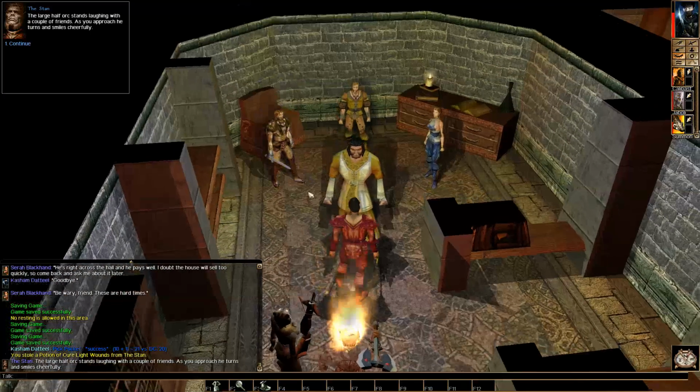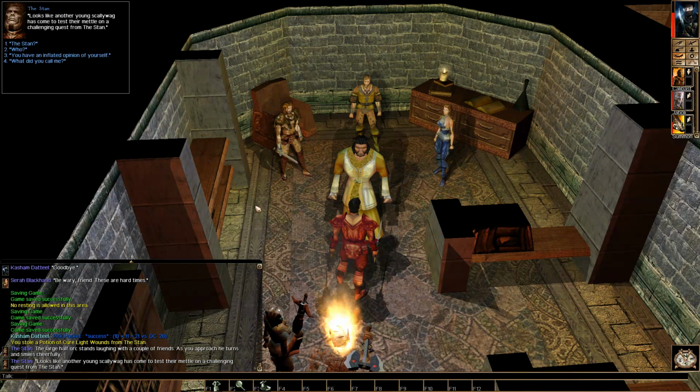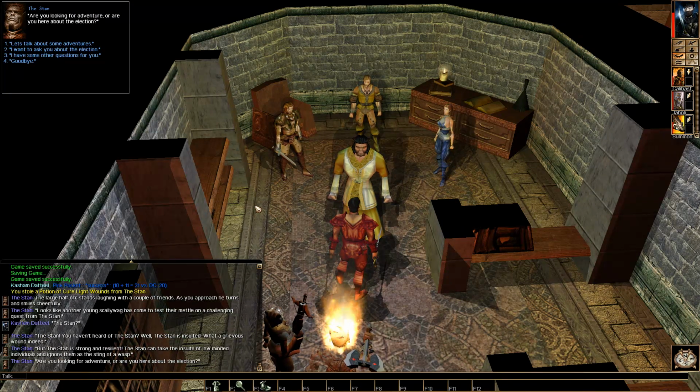Oh, hello Dylan. Large half-orc stands laughing with a couple of friends. As you approach, he turns and smiles cheerfully. Looks like another young scallywag has come to test their mettle on a challenging quest from the Stan. The Stan? The Stan! You haven't heard of the Stan? Well, the Stan is insulted. What a grievous wound indeed. But the Stan is strong and resilient. The Stan can take the insults of low-minded individuals and ignore them as the sting of a wasp. Are you looking for adventure, or are you here about election? I mean...